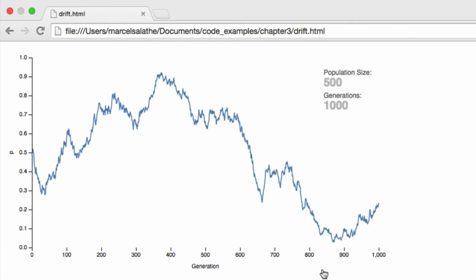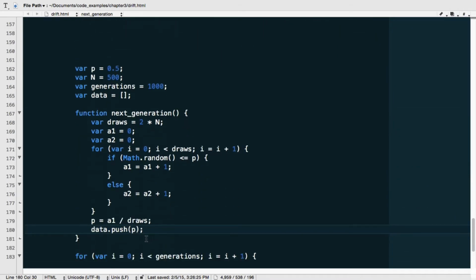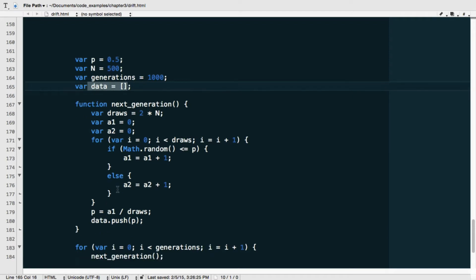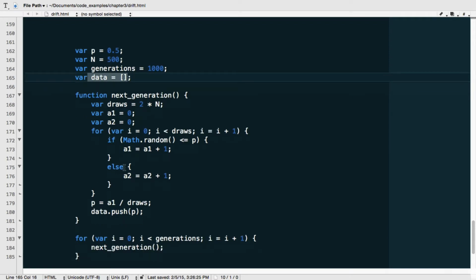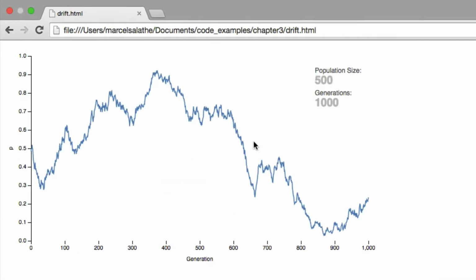If you look at our current code, we are storing all the allele frequencies that we calculate in each generation in this data array. So we're pushing P here into the data array that we initialized here as an empty array. Then we run this one simulation and push each new data point into data, and at the end we pass this data array to the draw a line chart function, which then plots the data like this here